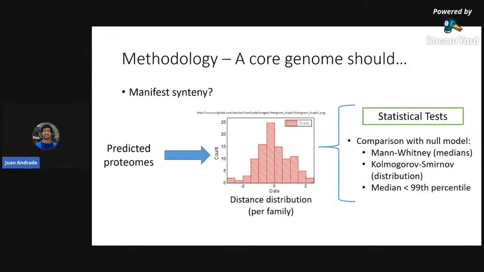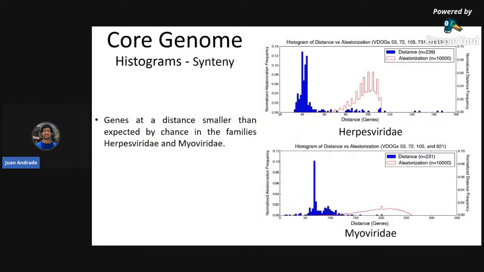And what we found was that for the Herpesviridae, and up to some point from the family Herpesviridae as well, there is some degree of synteny, or some evidence of synteny, of clusterization of the genes associated to this core genome. For the family Malacoherpesviridae, we got inconclusive results because the number of proteins that we're working with was too small. But the interesting thing is that if you take a look at the family Myoviridae from Caudovirales, which I mentioned before, there's also some evidence of synteny, at least on phages, that is of clusterization of these genes associated to the core genome.